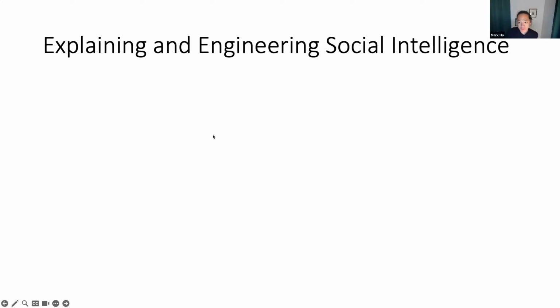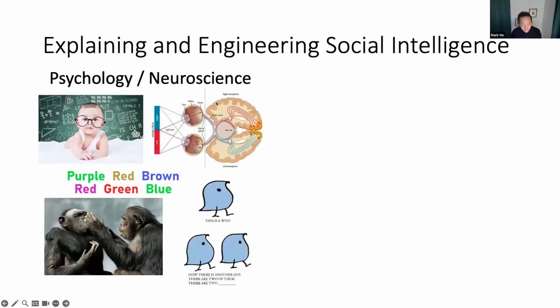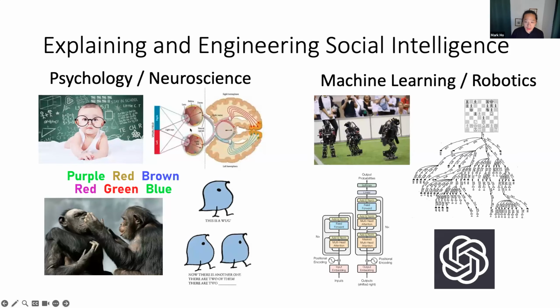this workshop is really, as you said, bringing together two broad classes of disciplines. One is things like psychology and neuroscience and cognitive science, and the other is machine learning and robotics. And these are disciplines that deal both with intelligence and social intelligence, but from different perspectives. On the one hand, explaining it in humans, and on the other hand, engineering new systems